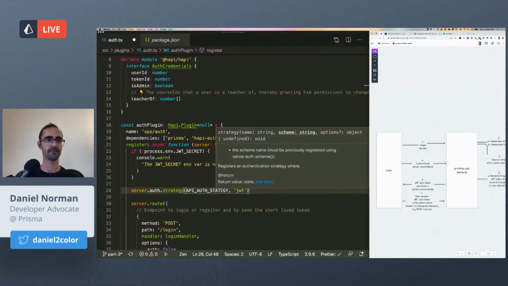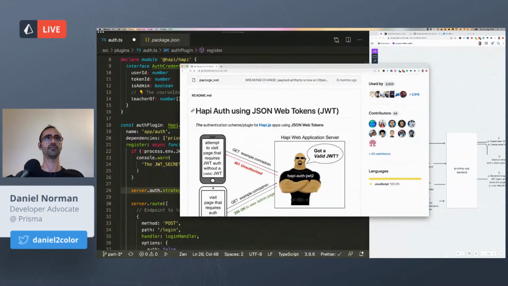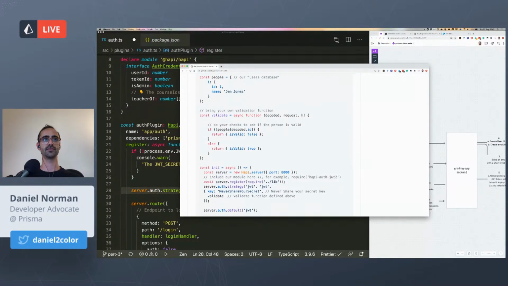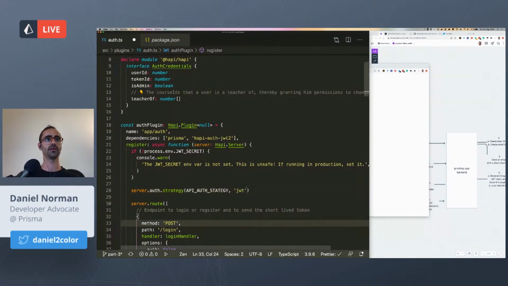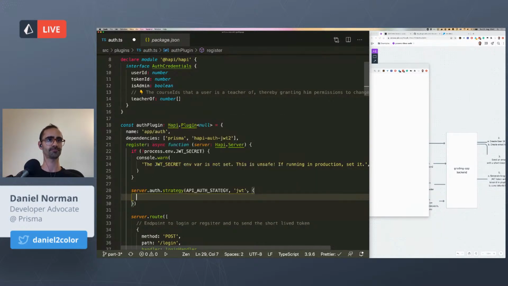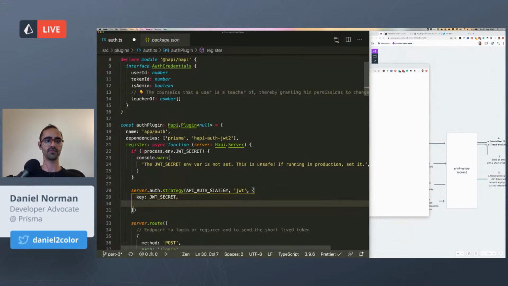Let's see if I can get that working, just so you know. So as you see here, they're actually using the same name for the scheme and the strategy, but the strategy name defined by the plugin is JWT. And so JWT is what we'll use. And then here we pass in different options. In our case, the first thing that we care about is the key, which will be this JWT secret constant that I've defined. Verify